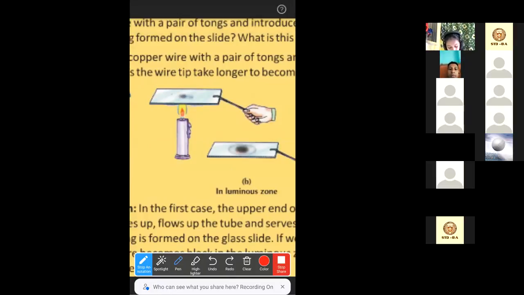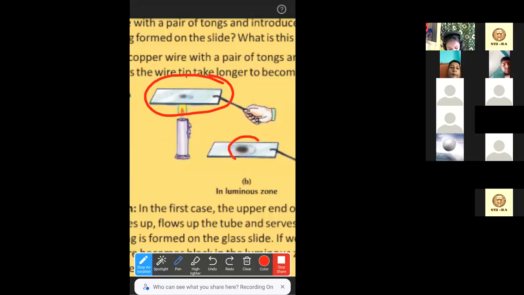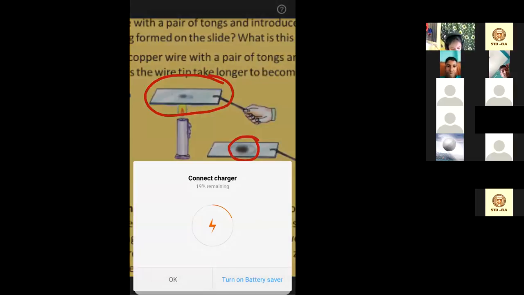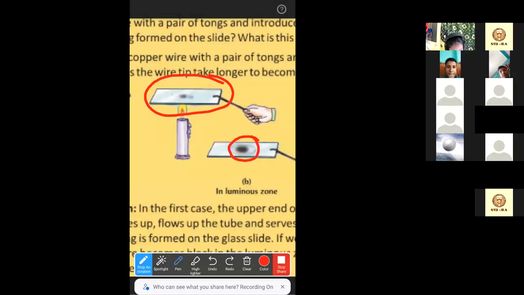We have held this glass slide above the outermost part of the candle flame. And now what happened? A black colored spot we can see here. What is this black colored spot? It is actually made by carbon, due to incomplete combustion of the wax vapor. In the outermost layer we can see the complete combustion, and due to combustion, what is produced?